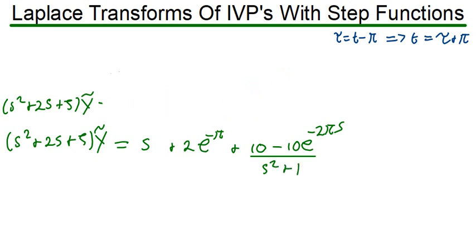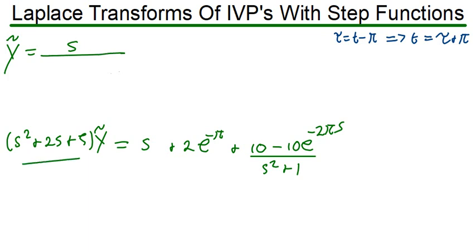Okay, so now at this point, it's actually interesting because I'll have to divide both sides by that. So it simply means my uppercase Y tilde is going to be equal to my s divided by what I have here. But for convenience's sake, I can't factorize this one, but I can complete the square. So this is s squared plus 2s plus 5. When you complete the square for that part,